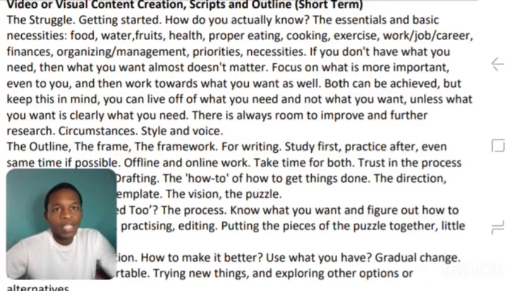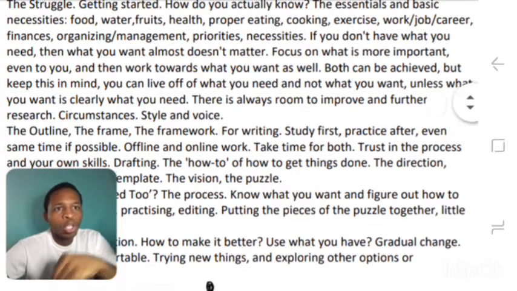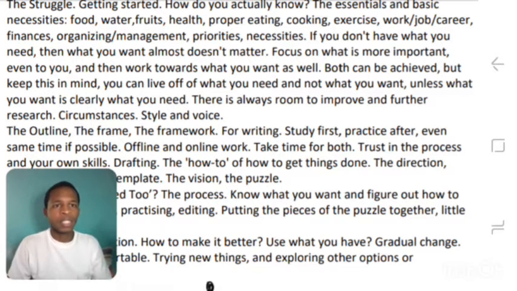Organizing, managing, prioritizing. If you don't know what you need, then what you want almost doesn't matter. Focus on what is more important even to you, and then work towards what you want as well.